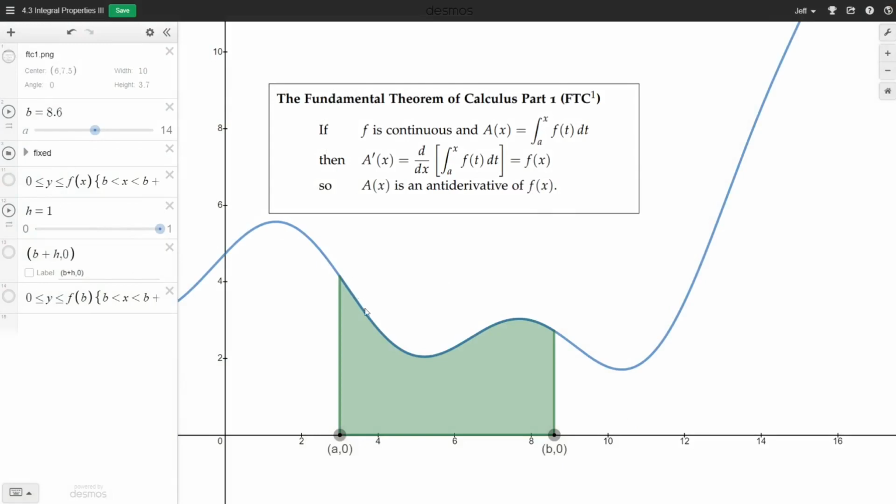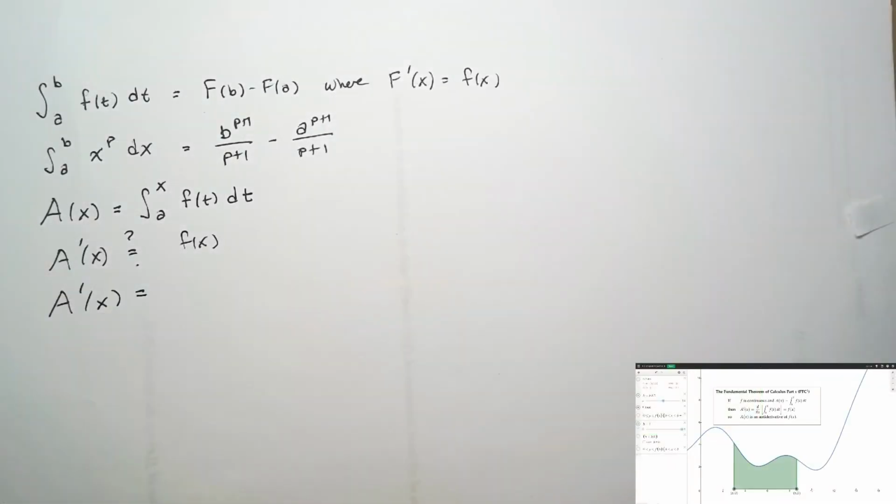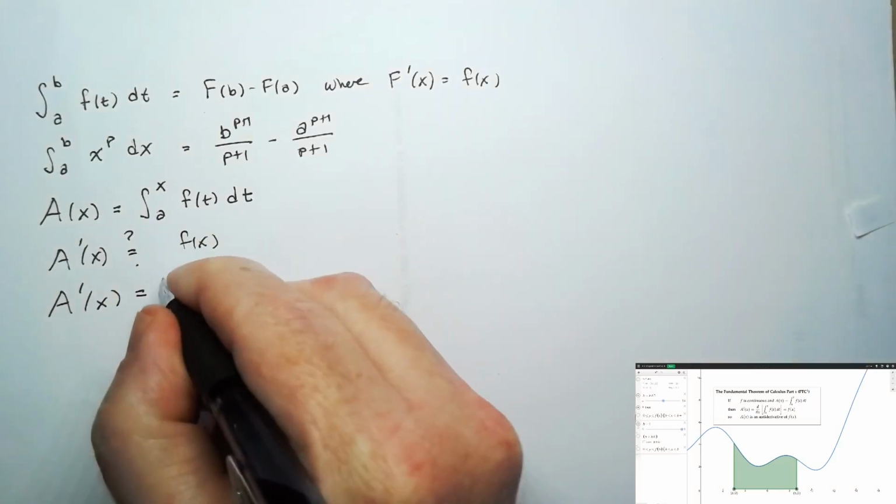Here's a graph of a function little f of t. We define the area function big A of x to be the integral from little a to some value x of our function little f of t. We've labeled this b here, but it's the same idea. As b increases, the area increases in our case, and so we can find the rate of change of that area, which will be A prime of x. Whenever we compute a derivative of a function that's unfamiliar, we go back to the definition of the derivative.